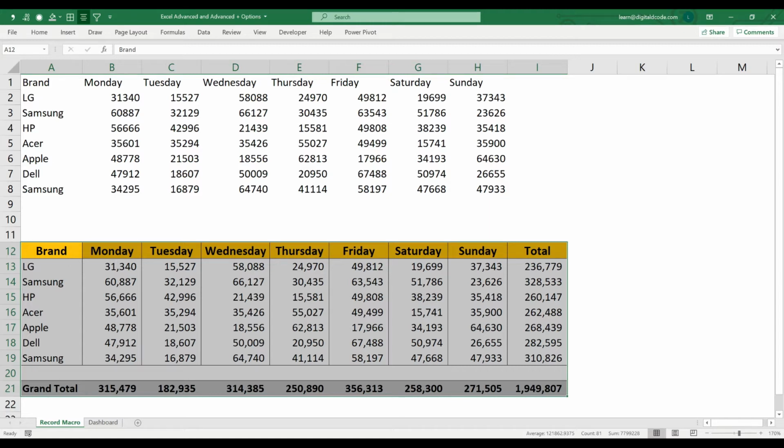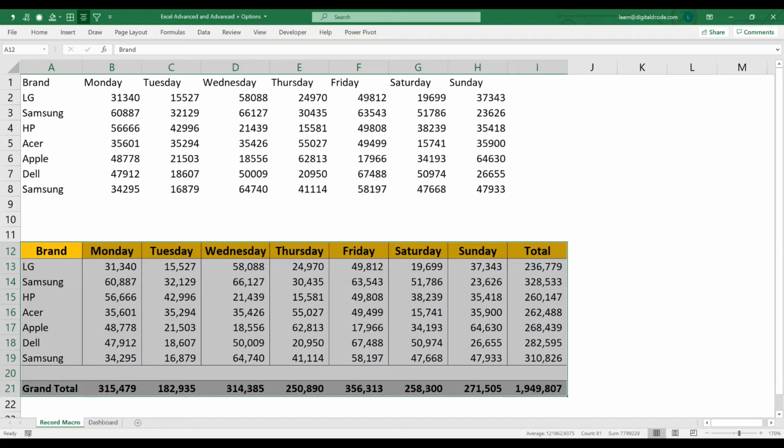Assume every day I get the report from someone and I format this and I will share it with somebody. So in that case, instead of doing manually, I can automate it. Assume if I'm going to format only for one page, then I can manually do, even I don't use record macro. Assume in case if I'm going to do the same formatting for 10 times, 20 times, for 10 customers, 20 customers, or more than 20 vendors, 50 vendors, in that case, it's waste of time. So doing formatting for each and every page, it takes more time.